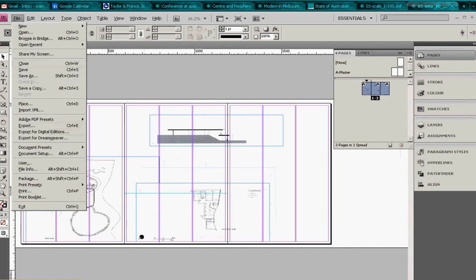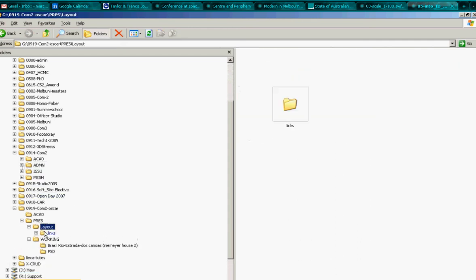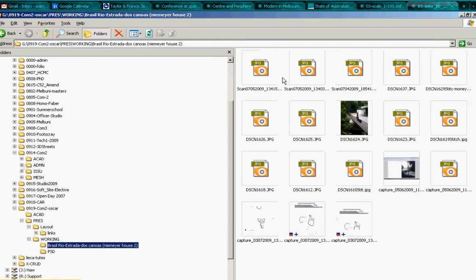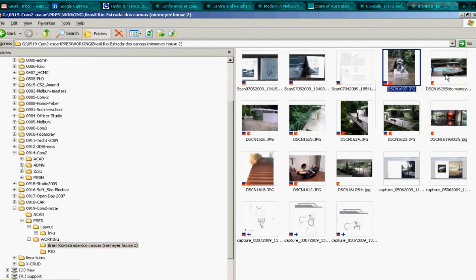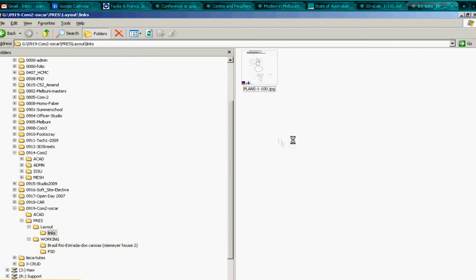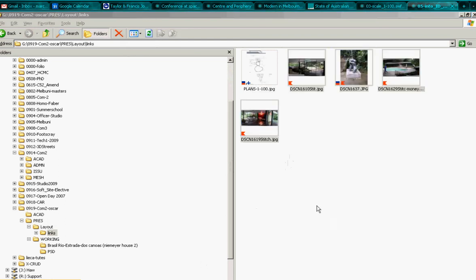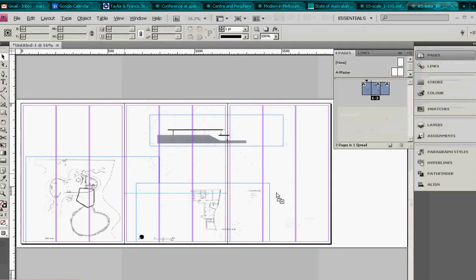Because what we want to do is copy out the ones that we want from in here. So after you've cleaned them up, that's a good one. There's a nice montagey type thing. Pick out the ones that you like, copy those into links, because they're the ones that you're actually going to be linking in. And then you can just drag them in from here into InDesign, and you can click and